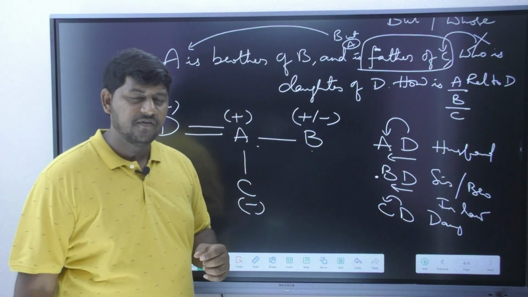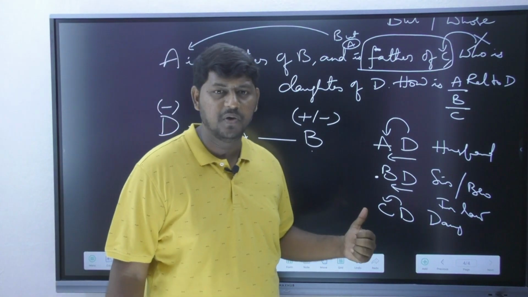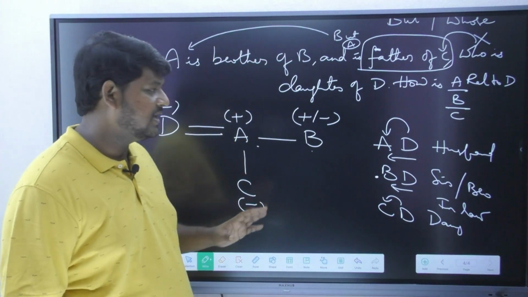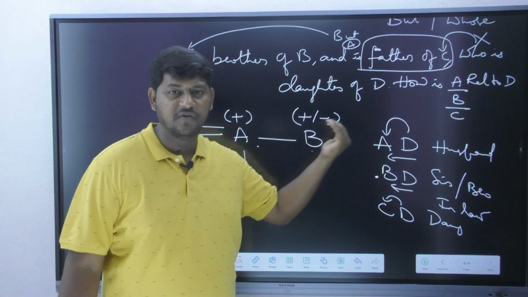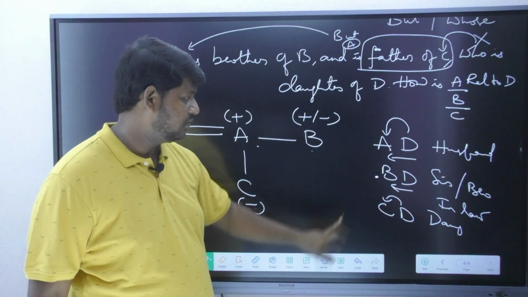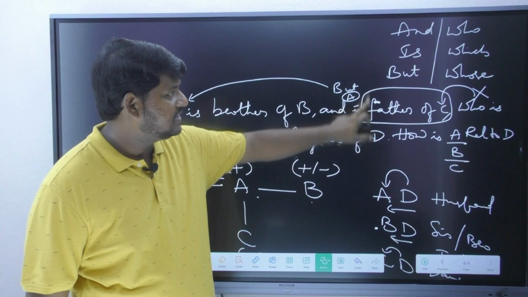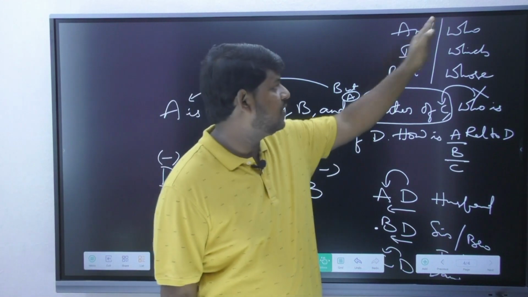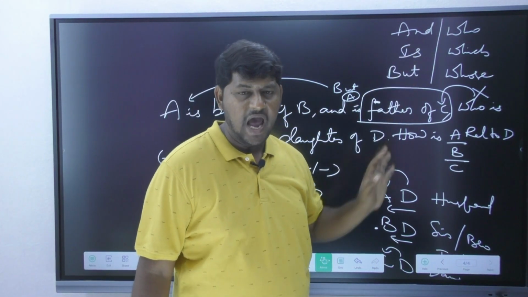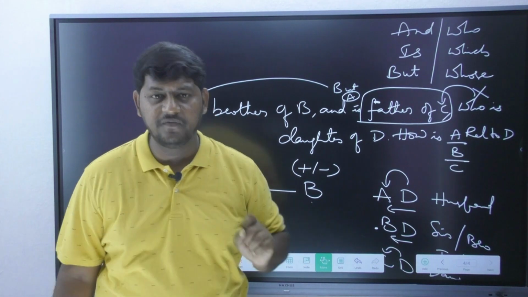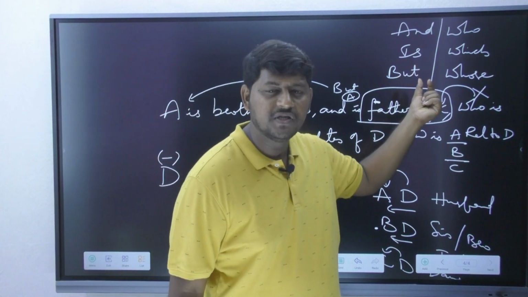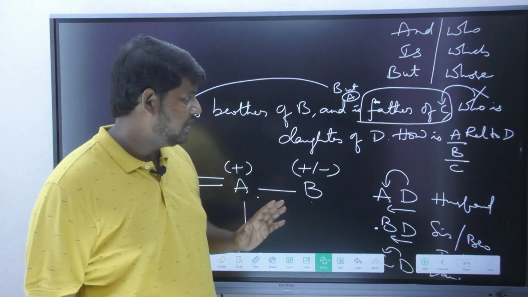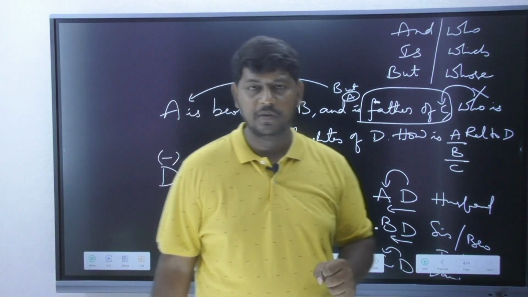But tell me, if the wrong answer stays in option number 1, obviously you are going to choose the wrong one. So please make sure you understand the question thoroughly, that you are supposed to come from your right side person's point of view. Now, as I'm saying, these are 3 important keywords: and, is, but, and another 3 important keywords: who, which, whose. And, is, but always refers to the first person in the question. Who, which, whose refers to the adjacent person in the question. Am I clear?